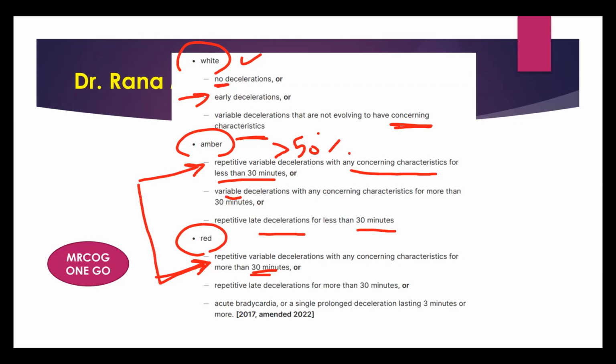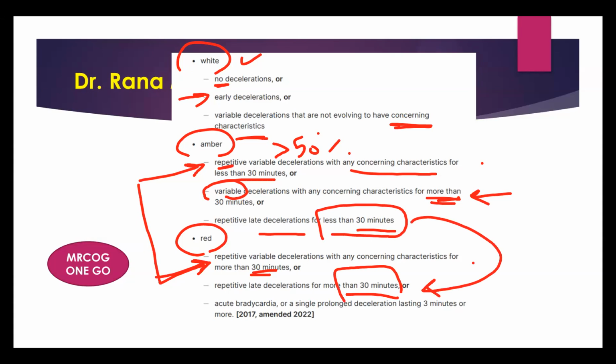So if it's only variable, so it's not repetitive here, we would remove repetitive, and it's more than 30 minutes, so it's still amber. So repetitive, less than 30 minutes. Repetitive, more than 30 minutes. Variable, so it's not repetitive, it's not in more than 50% of the contractions with any concerning characteristics, so it will be amber. Coming to the late, if late, repetitive, less than 30 minutes, it will be amber. More than 30 minutes, it will be red. So it's linked also together. We will add here,